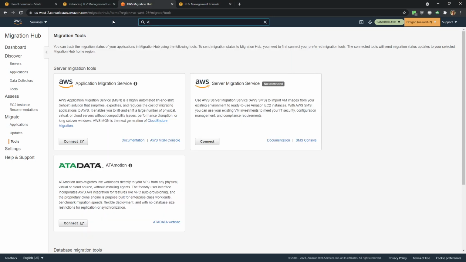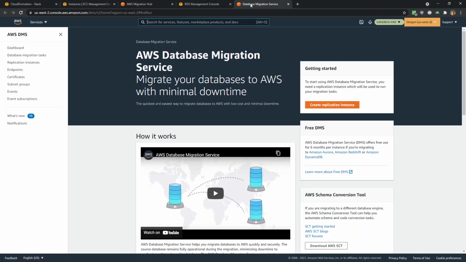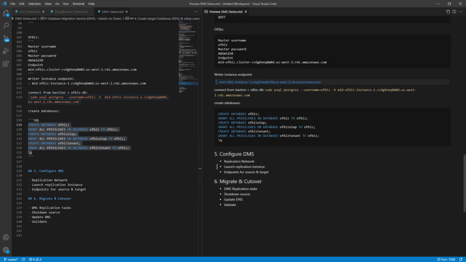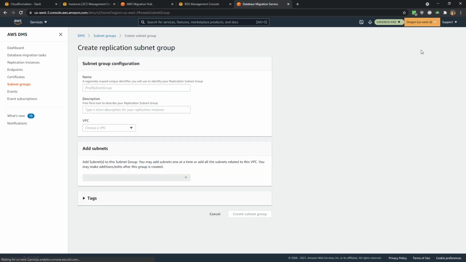So let us go to DMS, which is the database migration service. As we said, the high-level steps to configure DMS service are creating a replication network, launching the replication instances, and then creating the endpoints for source and target. The first thing we will do is to create subnet group for WordPress MySQL replication. So we'll go to subnet groups and we will create a subnet group,